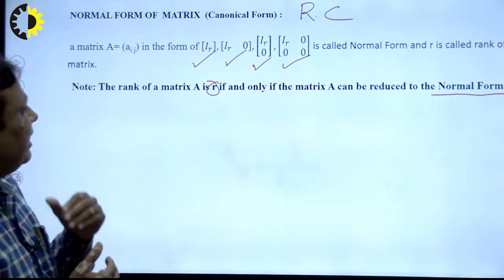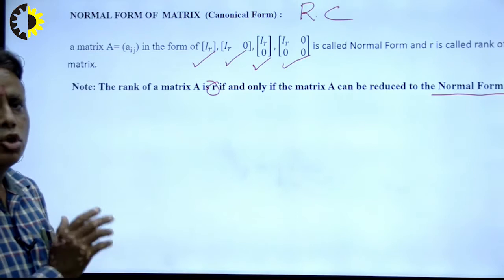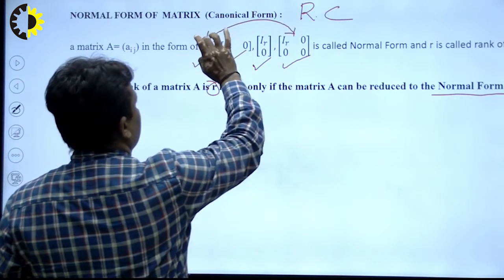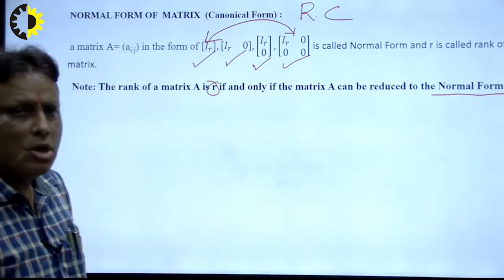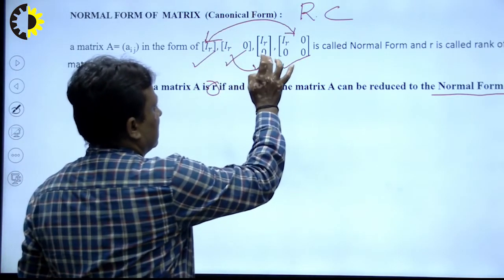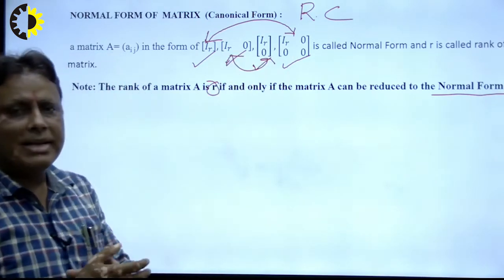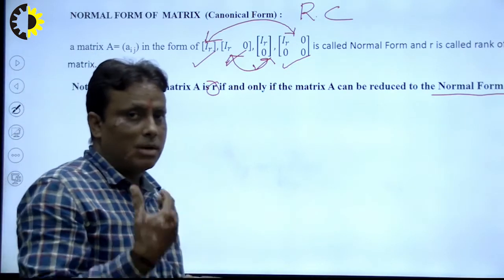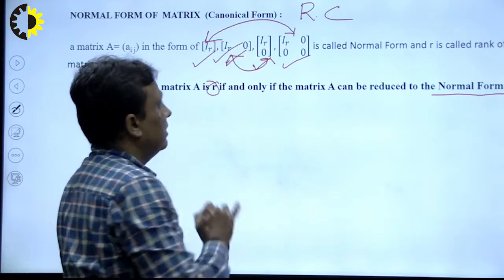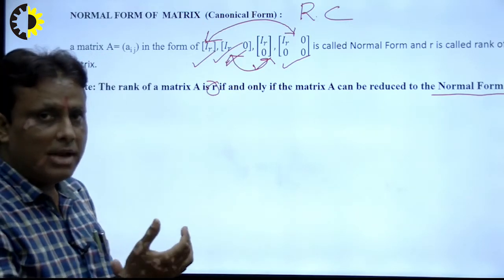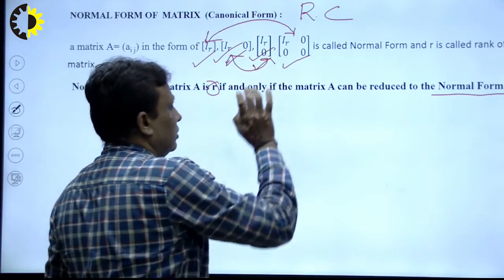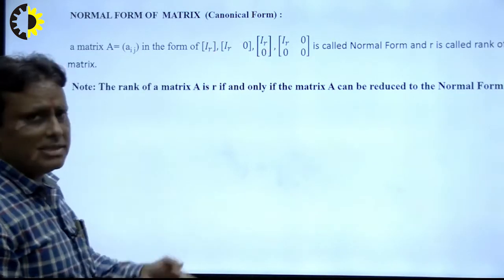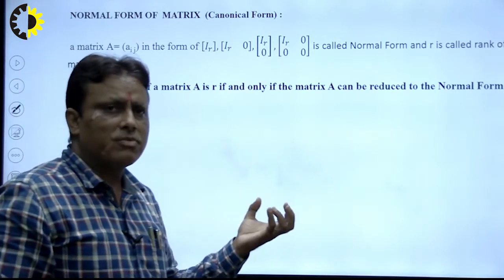Now the question is, if the matrix is a square matrix, then the normal form may be this or this. If the matrix is rectangular, then the normal form may be this and this. Suppose the matrix is 3 by 4, that means rows fewer and columns larger, so this will be this. If rows are maximum and columns minimum, that will be this. So these are the criteria to solve our problem. When we solve this problem, we analyse what the type of such a problem is.